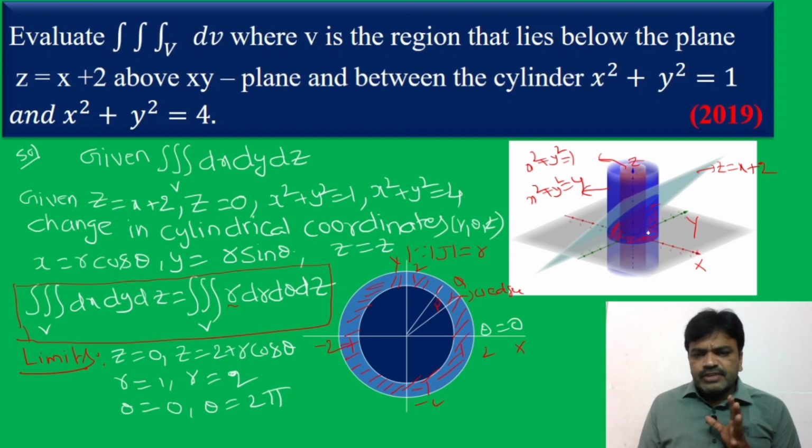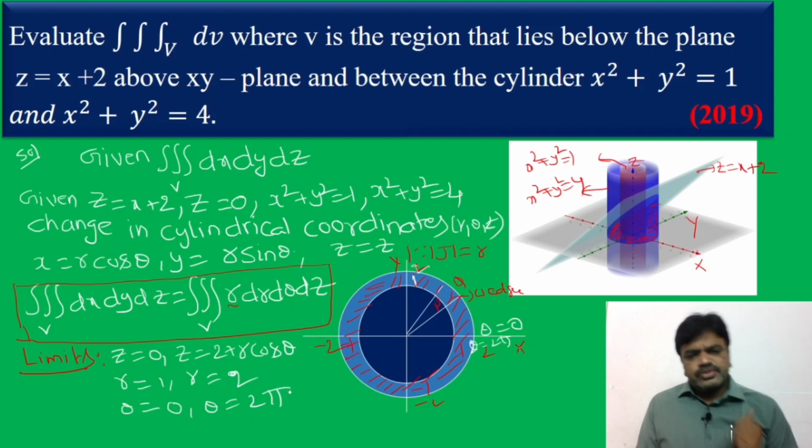Here it is a little bit difficult, friends, so go to 2 dimensions. In 2 dimensions, draw the x axis and y axis and a circle. In 3 dimensions it represents a cylinder, in 2 dimensions it represents a circle. Circle radius is 1, and the second circle radius is 2. What is our bounded region? I already told you, this is our bounded region. Draw a wedge here. Here start our limits. r goes from 1 to 2, and theta is equal to 0 up to the complete circle, so theta is equal to 2 pi. In this way we get these limits, friends.